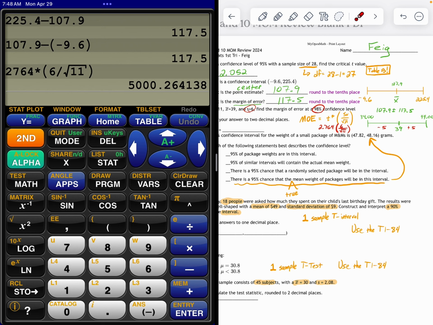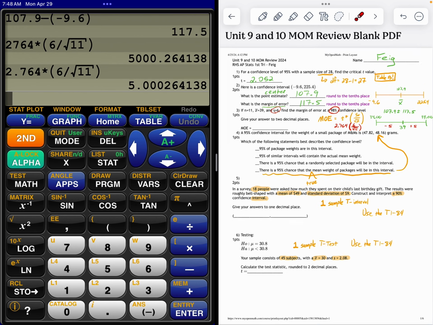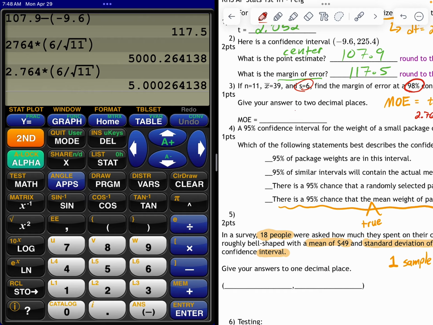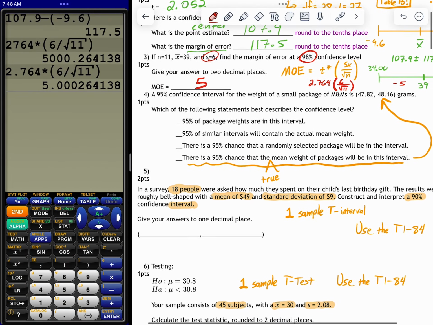5,000. Well, that's because I missed my decimal. There we go. So either way you slice it, margin of error, 5. Okay. Moving on. Number 4, it says